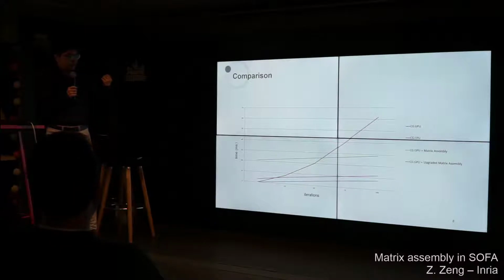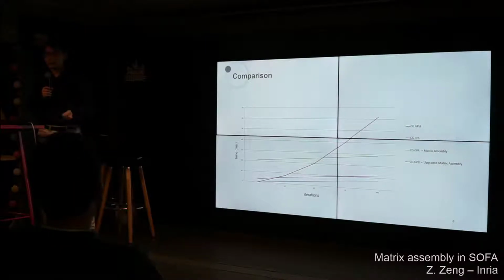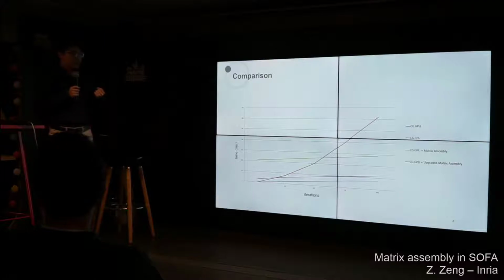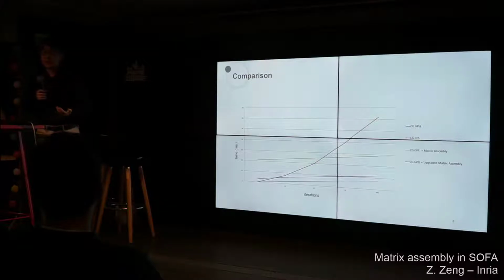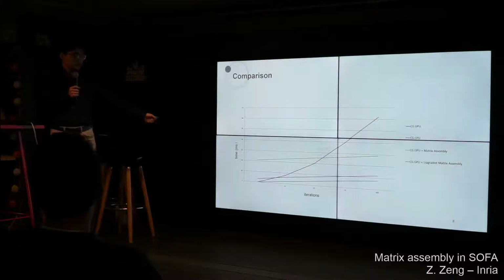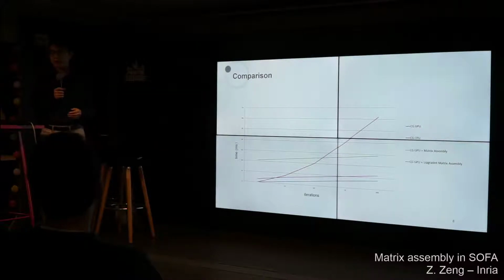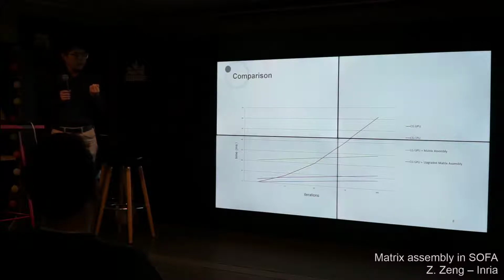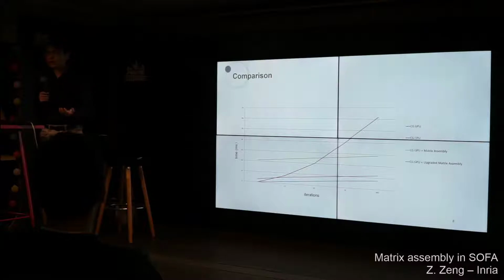The matrix assembly stage will be quite fast, and despite taking some time to assemble the matrix, we will have great advantages, such as being already compatible with the new models, with the new force fields, and